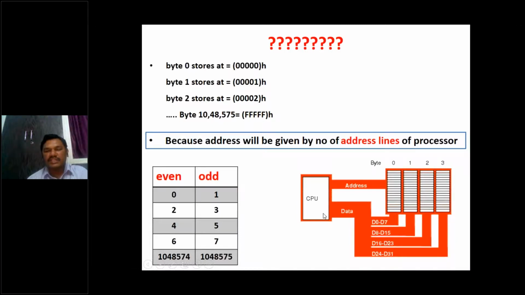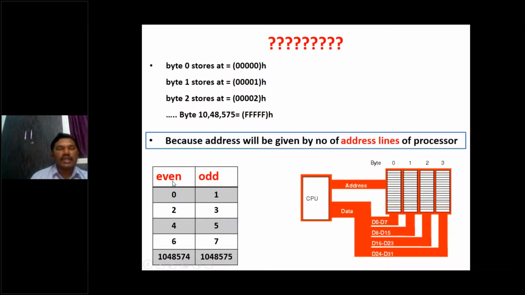If you have a doubt, you can see here: this is the processor, and these are the address lines and these are the data. In these memory locations, data has been stored. How are these data memory locations identified? These memory locations are identified by these address lines. Suppose I want so and so data, then I have to go to this address. This is the relation between address lines and data lines.